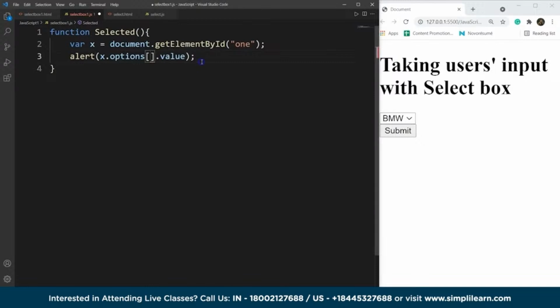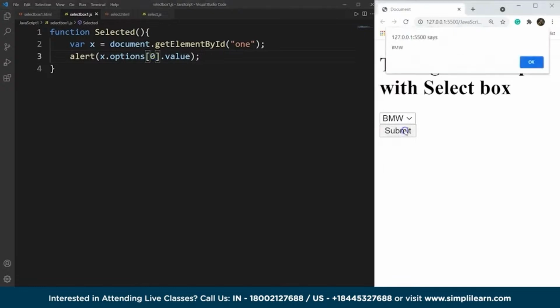We have multiple options, right? This property works on arrays. So we have an array of all the elements and we can access any of them. For that we will write here the index value, right? So let's say the index value is 0. We want to print the element present at number 1. So we'll save it, and the moment we press the submit button, you can see here we have the output as